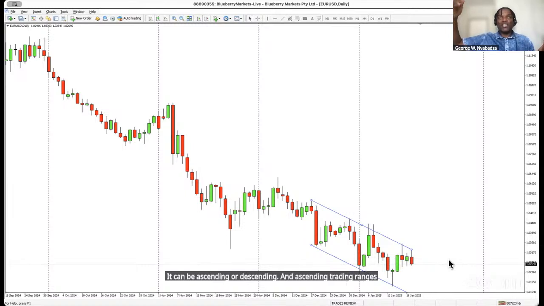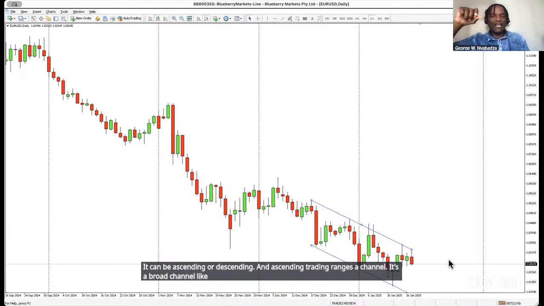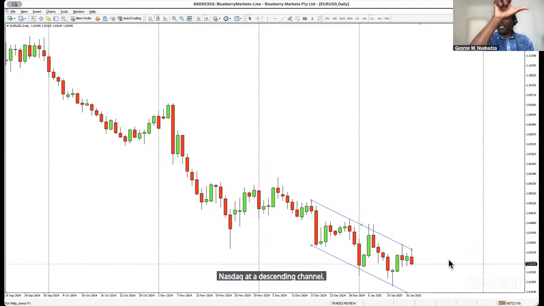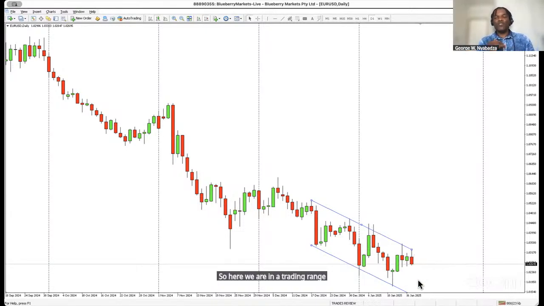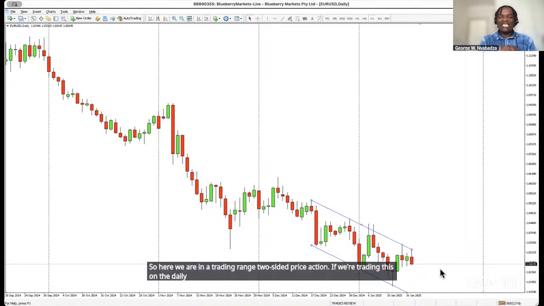It's a broad channel, like I showed you on NASDAQ. NASDAQ had a descending channel. It's a trading range. It's just sloped downwards. So here we are in a trading range, two-sided price action. If we're trading this on the daily, there is nothing for us to do because the trading range is not